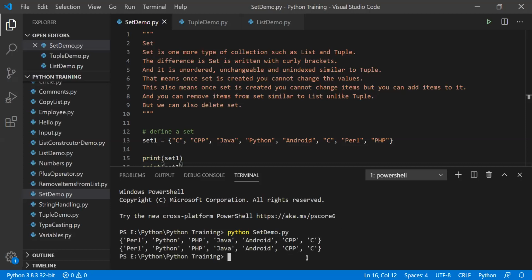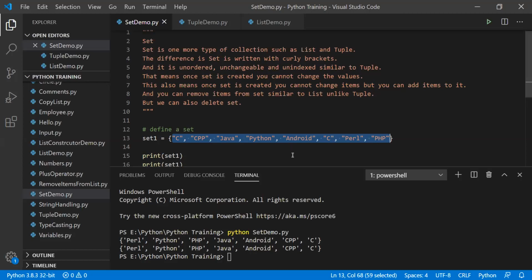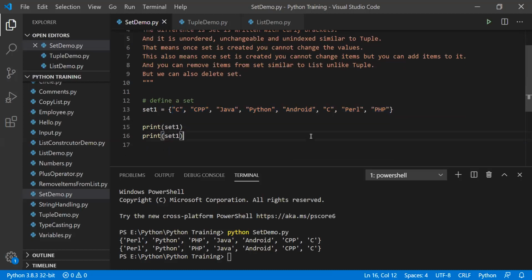We haven't done anything with it, but while adding, the sequence was C, C++, Java, Python, Android, C, Perl, and PHP. While printing, the sequence is Perl, Python, PHP, Java, Android, CPP, C. So there's no index here, there's no order here. I'll just delete this, and then let's try other stuff now.